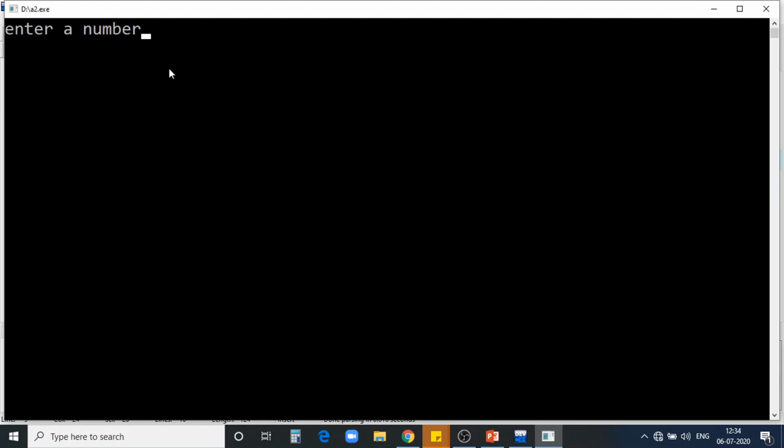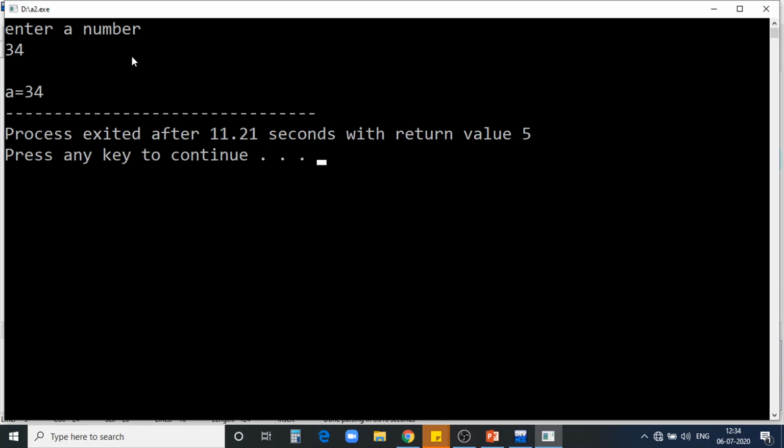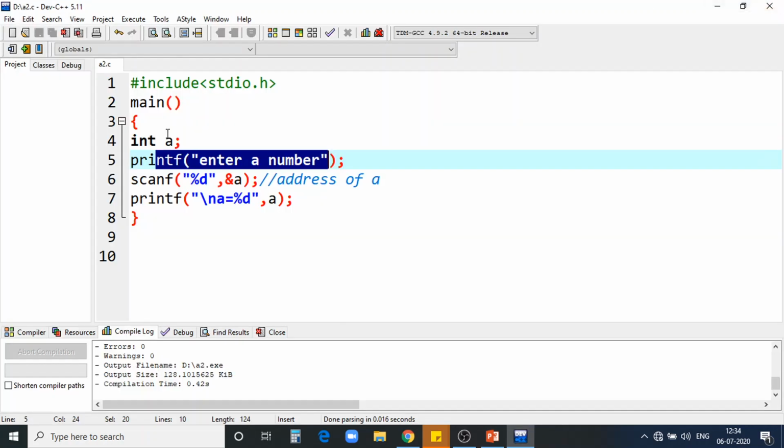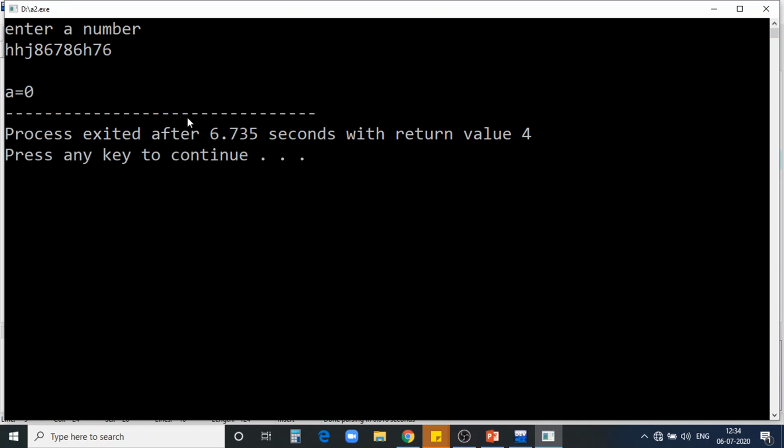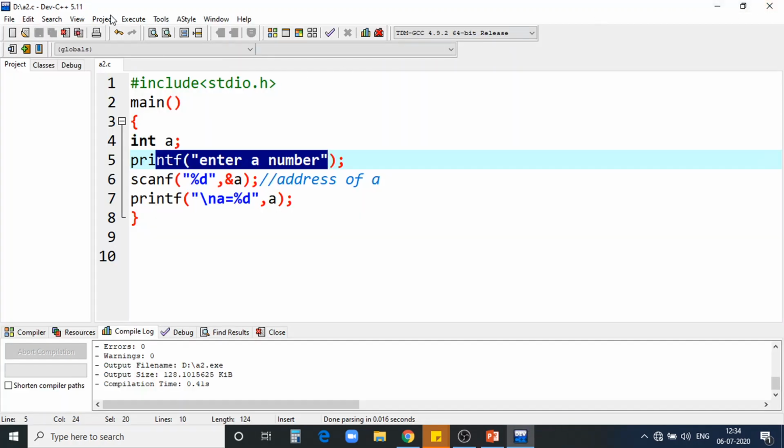We'll see. It is asking; this is my first printf statement. Now scanf will not do anything, I have to type a number here. I'm typing a number. Now it will show the value. Why do I have to give that last printf? I can see there only whatever I'm typing. Sometimes what will happen is, it is asking for a number, and by seeing that statement also I'm typing whatever I like. At that time I can confirm that whatever I'm typing is not stored. So it will store only the number.